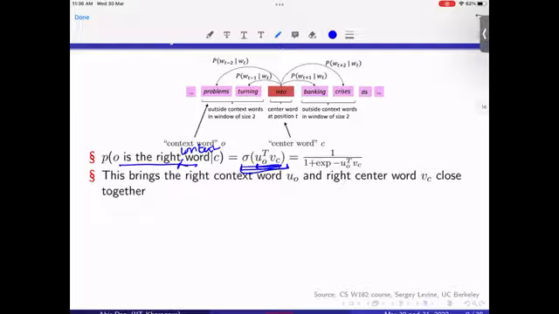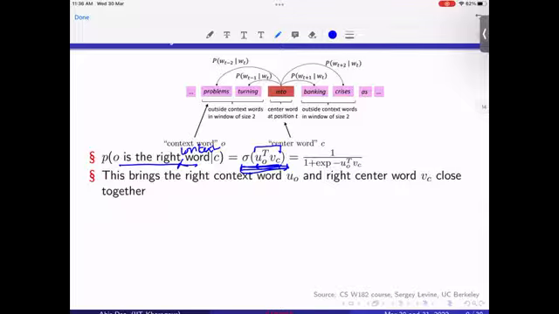And now you are passing it through a non-linear activation, because you need some non-linearity to better capture the model that you are learning. Otherwise the non-linearity will not be captured much. This non-linearity is this sigma, and it has another dual role: it translates the similarity score, U_O transpose V_C, into a probability.